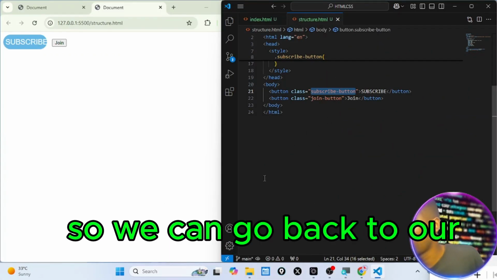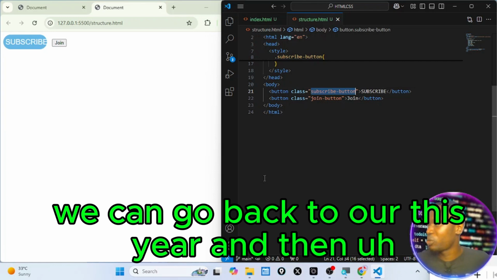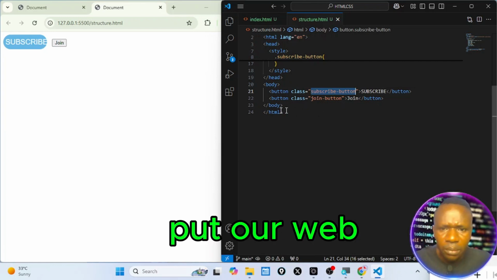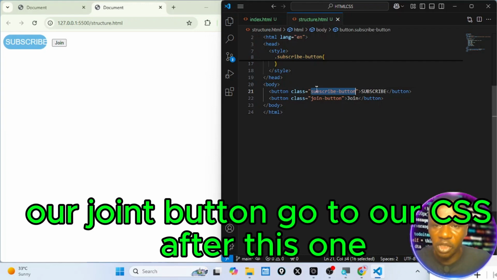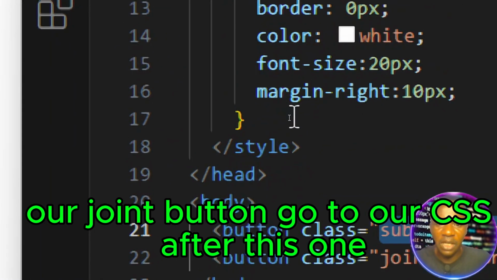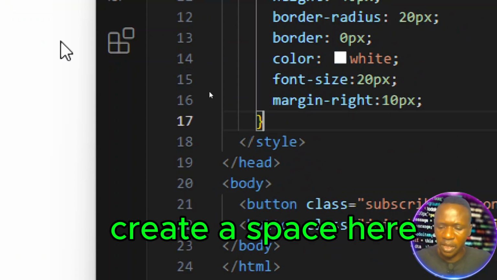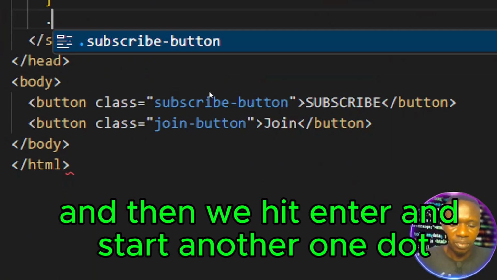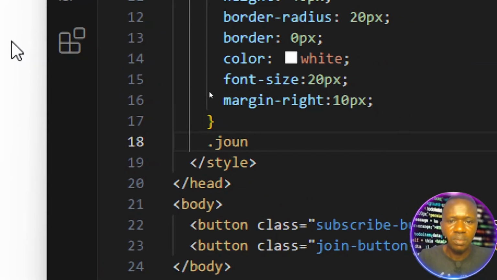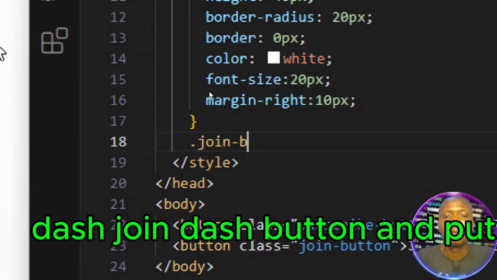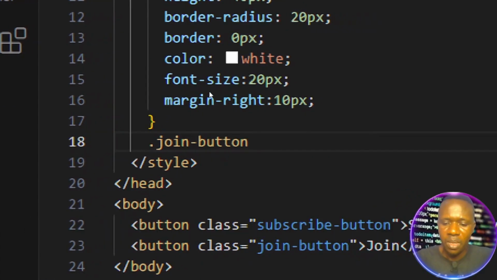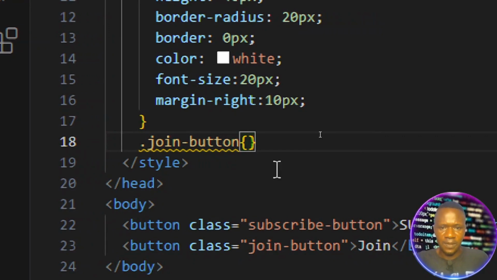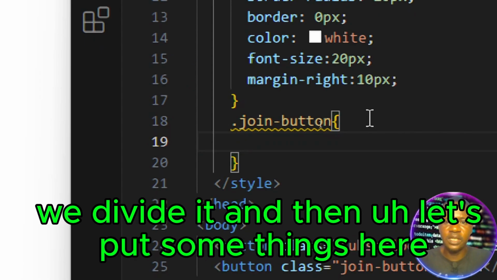So we can go back to this thing, and then put our join button. We go to our CSS. After this one, create a space here, and then we hit enter and start another one. Dot join-button, and put a curly bracket. Inside the curly bracket, we divide it, and then